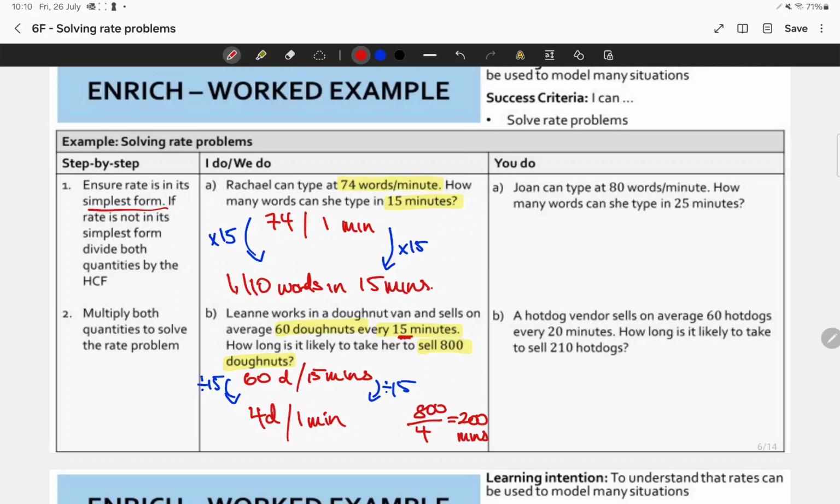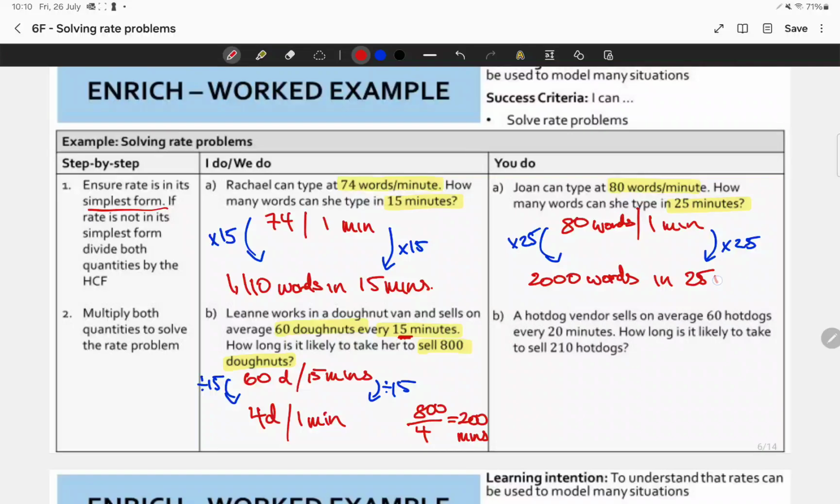Okay, welcome back. So we'll confirm what we did for the you-dos now. So Joanne can type 80 words per minute. How many words can she type in 25? So very similar stuff, right? So we want to go from 80 words per 1 minute and we want to go to 25. So I'll do 25 on both sides, 80 times by 25. So she's going to type 2,000 words